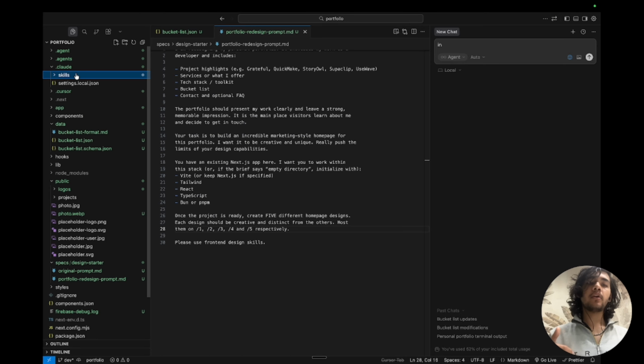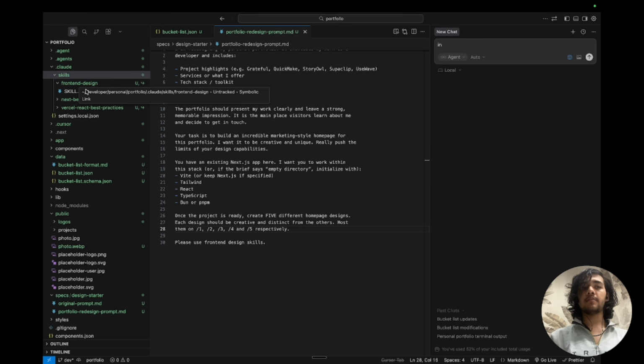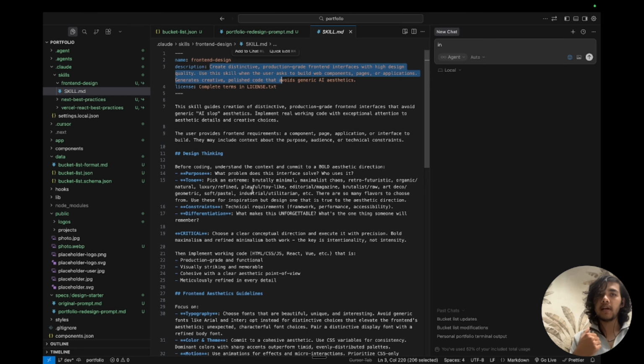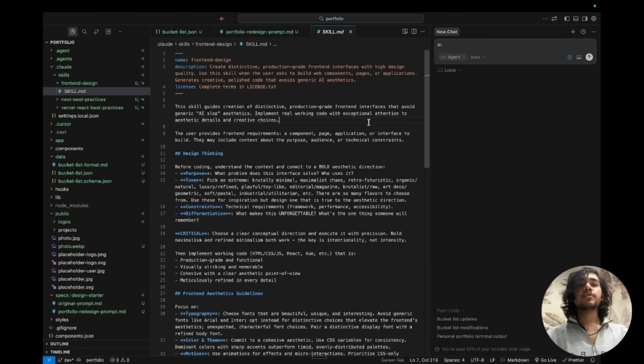that are only taken into account by an LLM in their context when it matches the description. So let's say I have this front-end design skill, we have a description. So this will only be pulled by the LLM when this description matches the query from the user, not every time, right? So in this way, skills are used for, let's say you are working in an organization, you solve